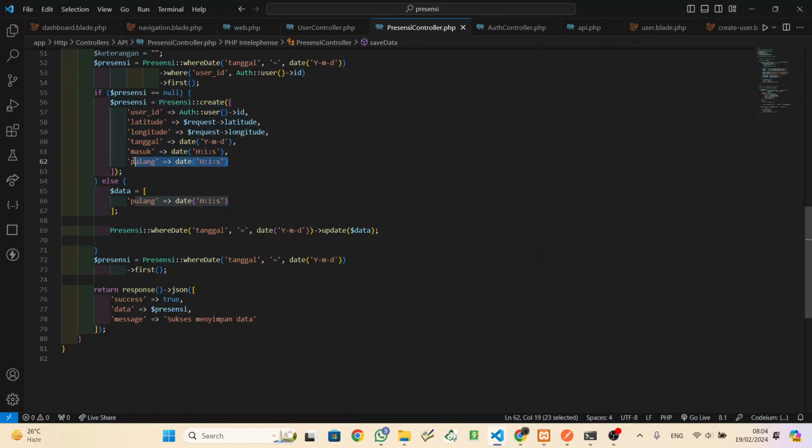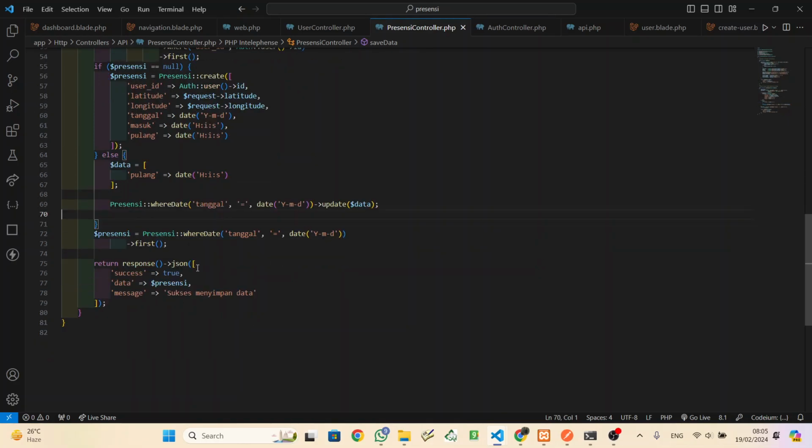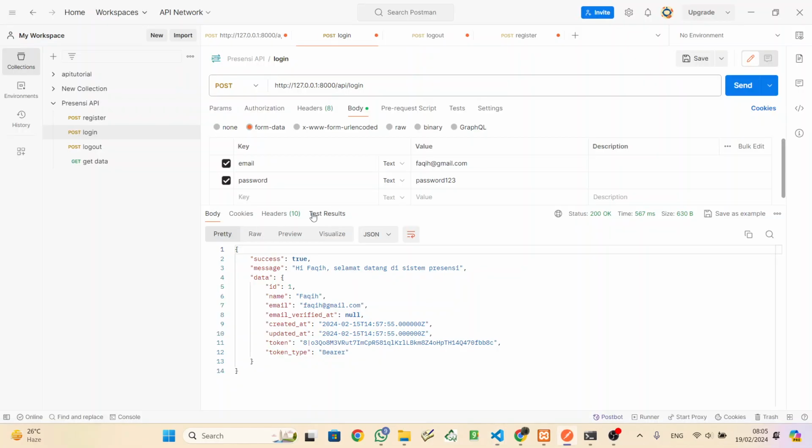Don't forget to put the pulang also, because there is a column for pulang. And then else, if the presency is not null, just change the pulang column, where like this, and then return just one. Okay,